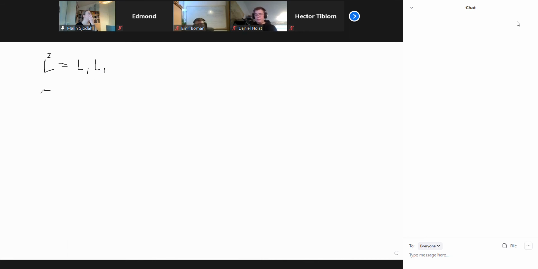And then it's quite straightforward. If we take another element, Lj, and commute it with L squared, we get this, and from here I will use the hint in the problem text, which is expanding the commutator. So we get